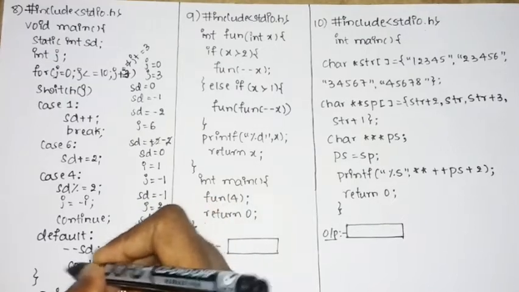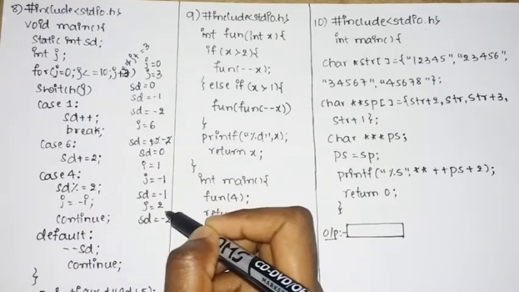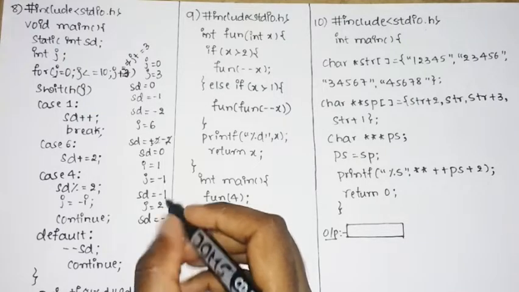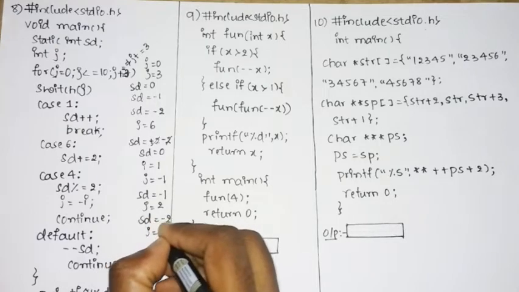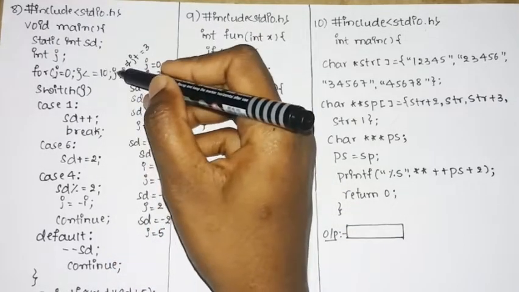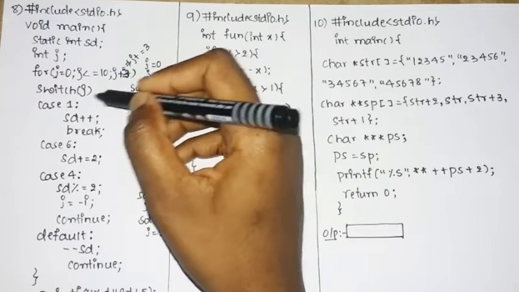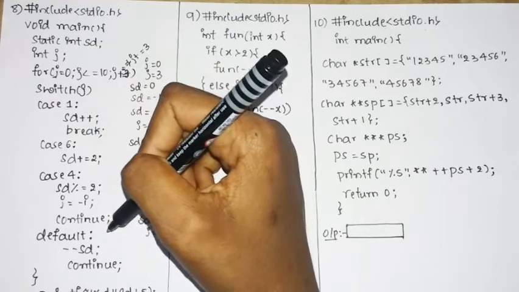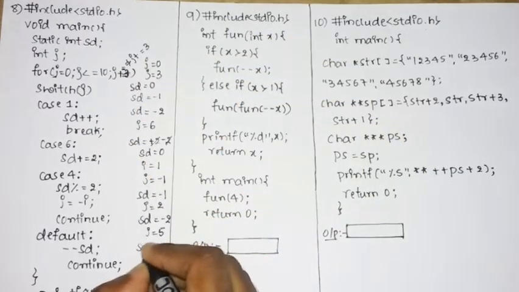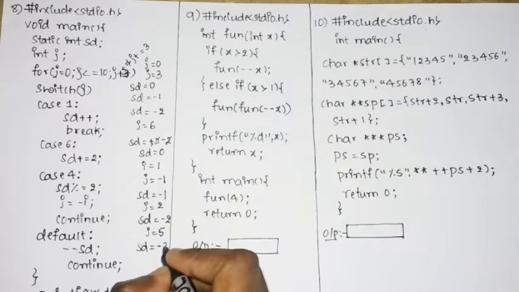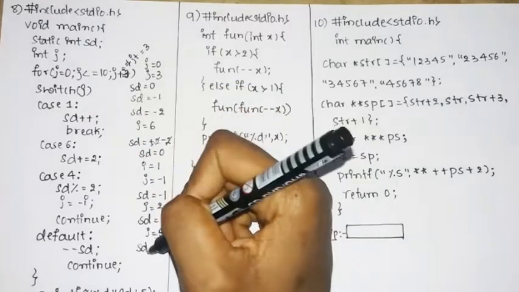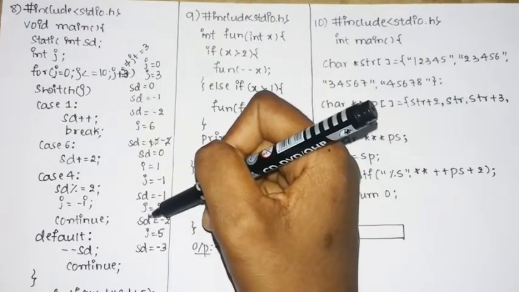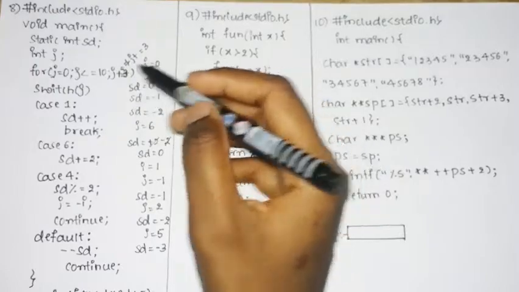Next, again you are going to continue, and the value of j is incremented by 3. j was 2 initially, so now j becomes equal to 5. Again j is equal to 5, and 5 is less than or equal to 10, so the condition becomes true. Then you check for switch of 5, but there is no such case. Again default is executed and the value of st is decremented: st will be minus 2 minus 1, which will be minus 3. Again it will continue, and now j is incremented, 5 plus 3, so it will be 8.